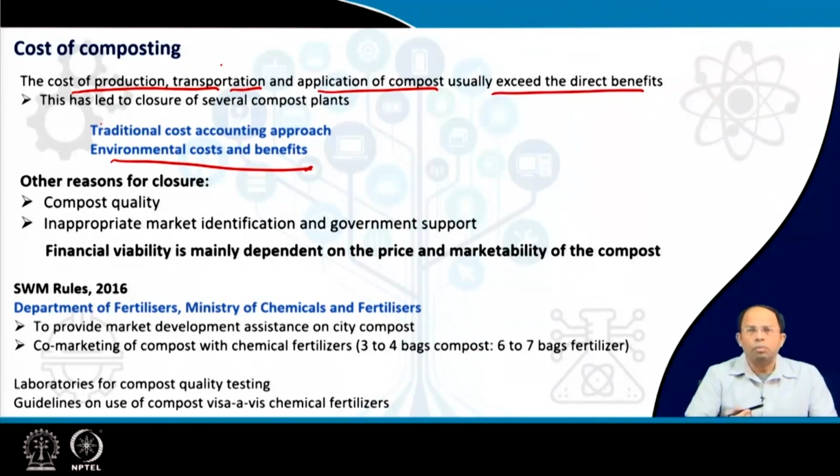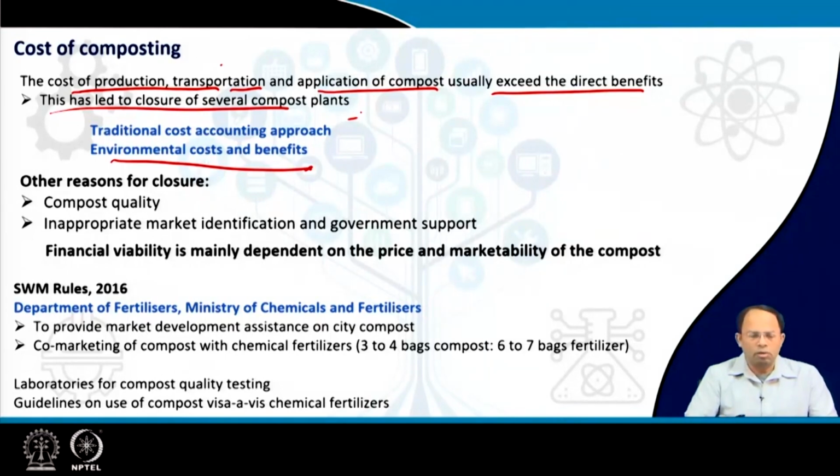That is one of the problems, because the other option is that we will buy chemical fertilizers, which are subsidized by the government and are usually cheaper as well. So cost-wise, is it really beneficial for the end user? Probably not. This has led to low demand for compost in the agricultural fields surrounding urban areas, and there are no takers for the compost that is produced in urban areas.